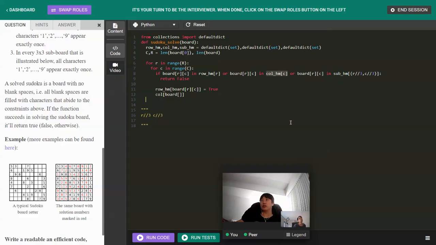Otherwise, I'm going to add it to the associated row, column and subsection set. So I'll add the value to the corresponding set. Exactly. Like that, and then